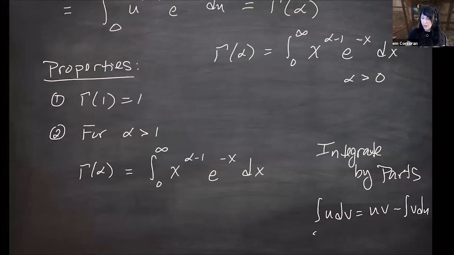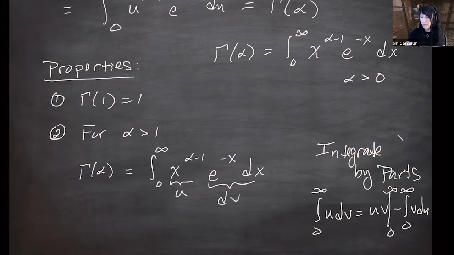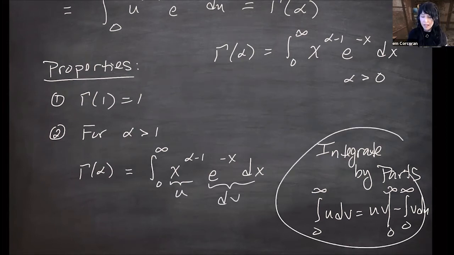And if these are definite integrals, then in this uv part, you would have to evaluate it. So if you let this be u and this be dv and integrate by parts,